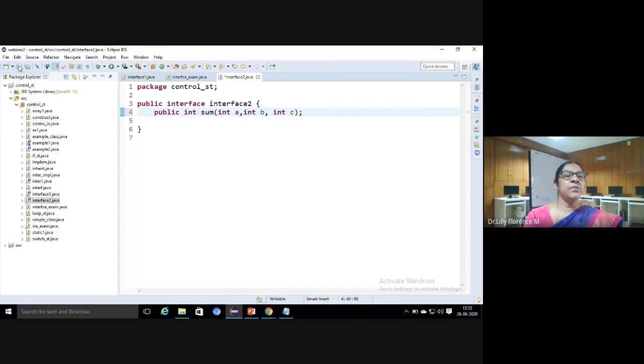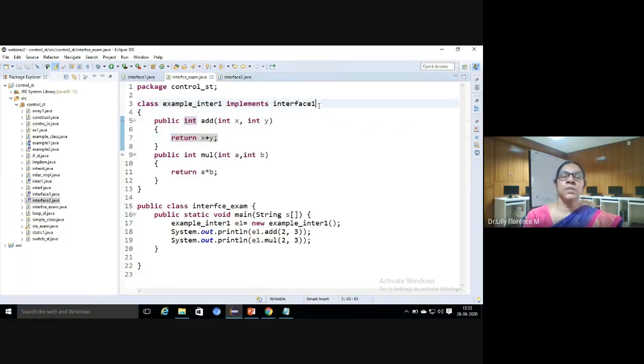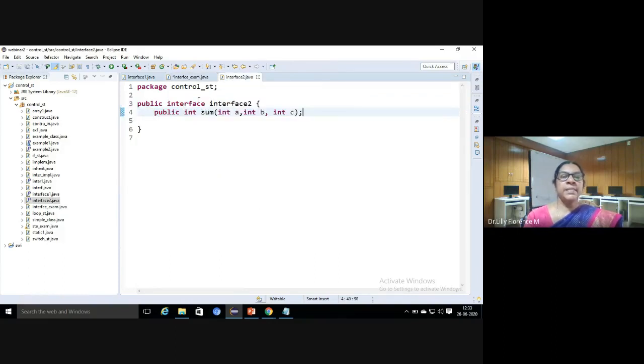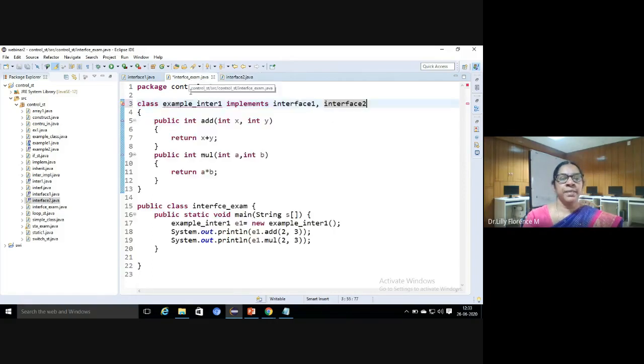So we have defined its method. See, all these we can use here. We can use interfaces, and multiple inheritance is achieved through this. I am copying the prototype of this method, pasting it here and defining the method.